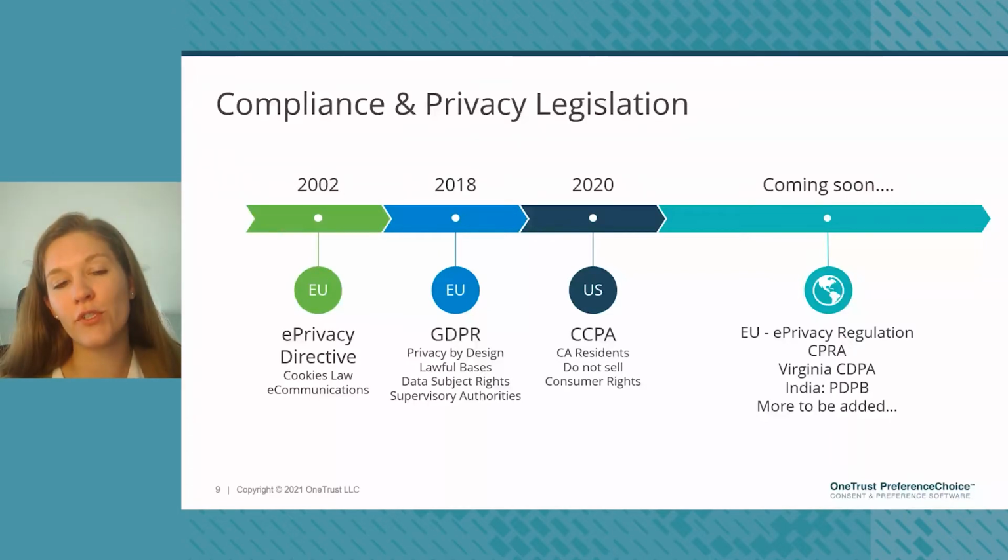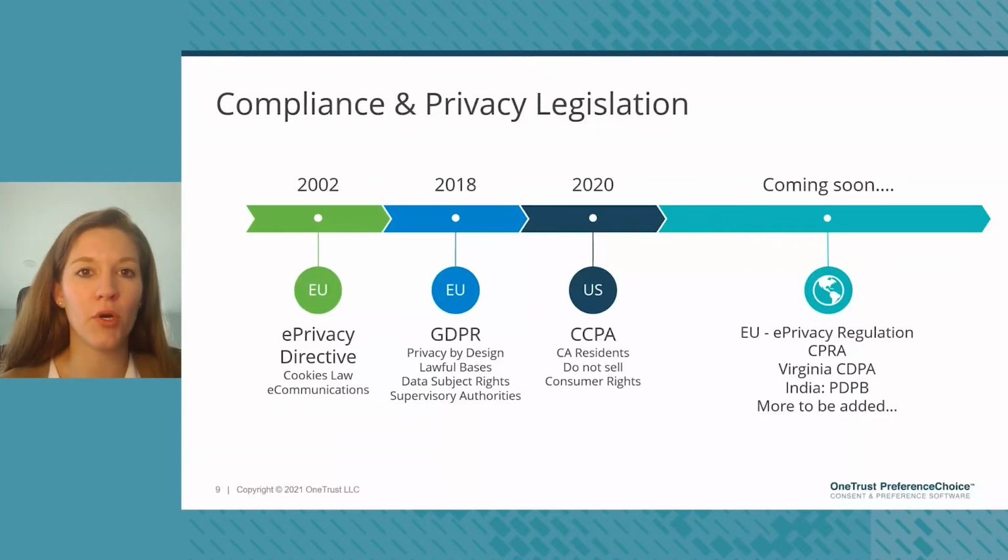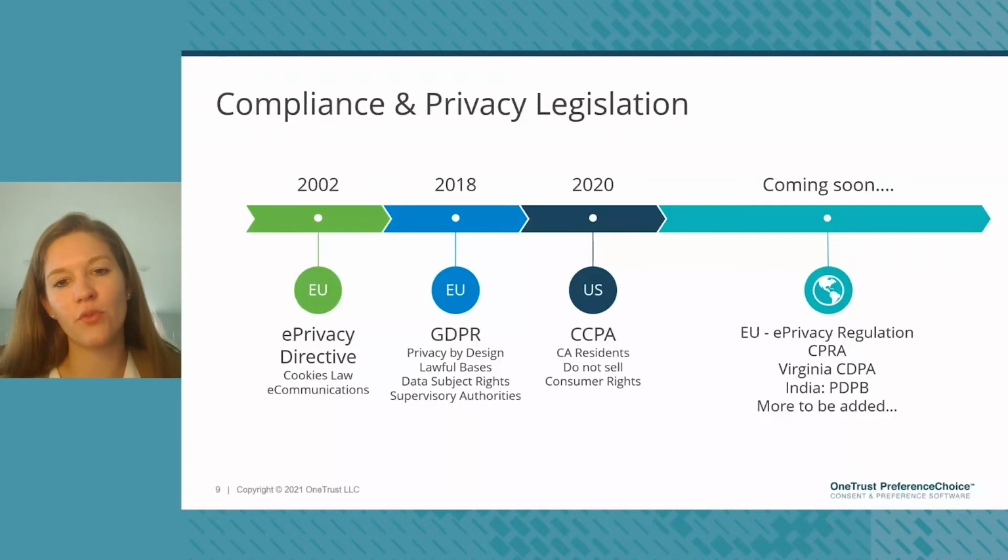And then we saw, of course, in 2020, the introduction of CCPA, or the California law, for residents of California to exercise their rights and express interest that companies and businesses not sell their personal information. Now, moving forward, we have additional privacy laws being drafted. We're still waiting on the e-privacy regulation, so moving from that directive towards more of a regulation across all of the European states along with the cookie law. We may see that coming soon.